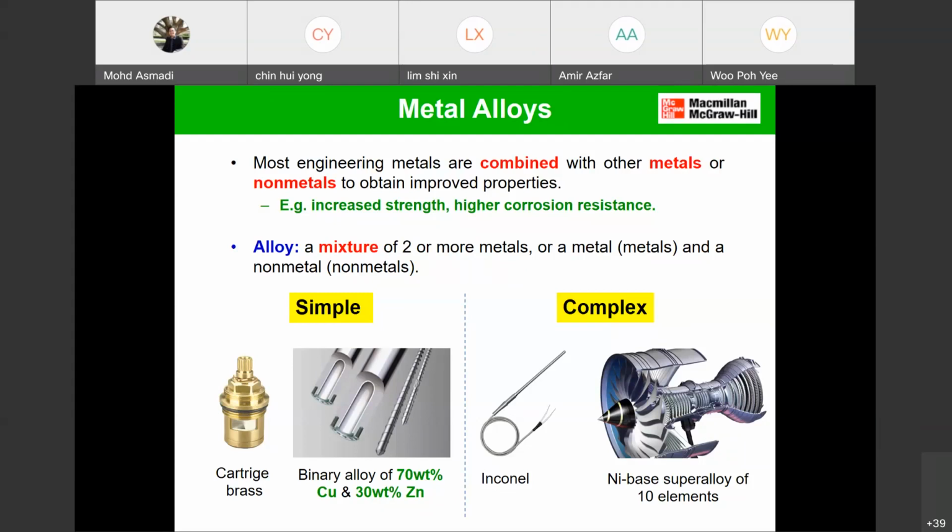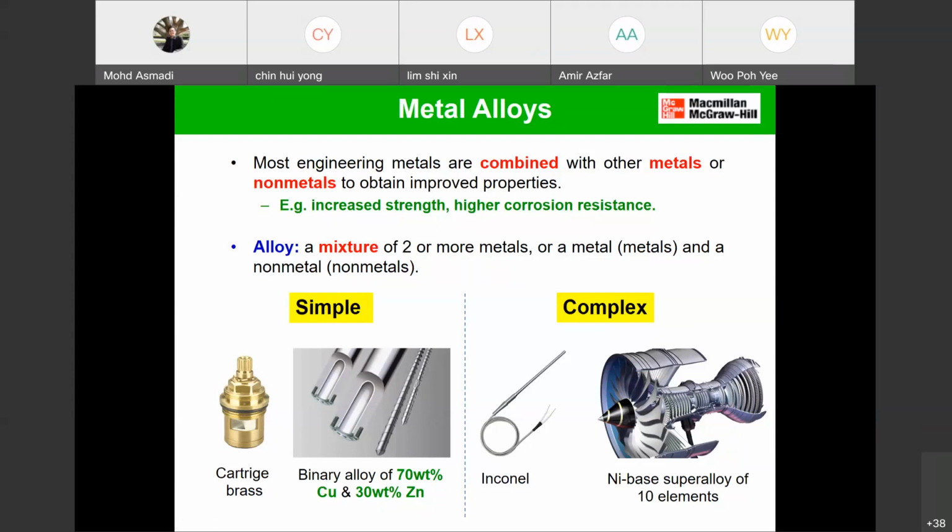Even if you want to make a gate or grill for your house, the price is really different. There is no rusting for the stainless steel alloy. If you look here, this is an example of a simple mixture of two metals, like cartridge brass, a binary alloy of 70% copper and 30% zinc. Actually, the solubility of copper in zinc is not really 100%, but it can still achieve